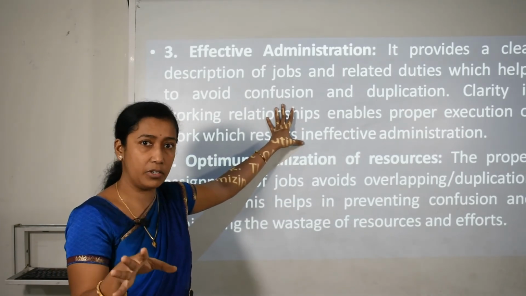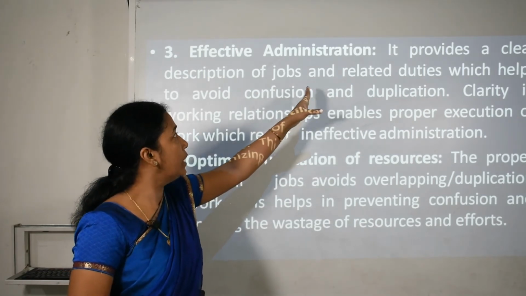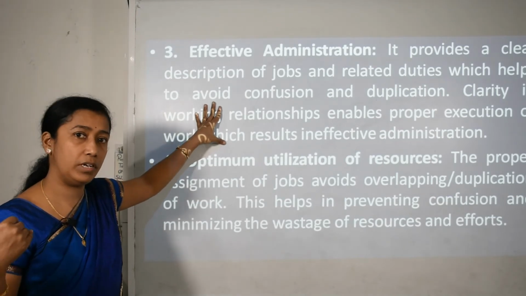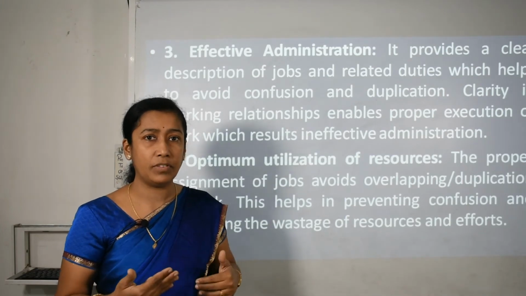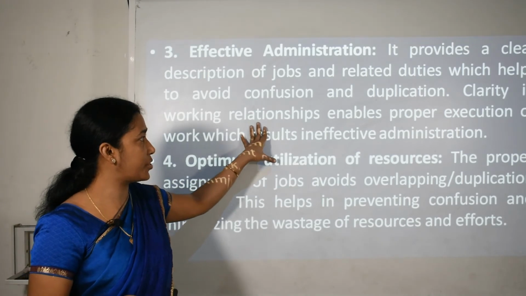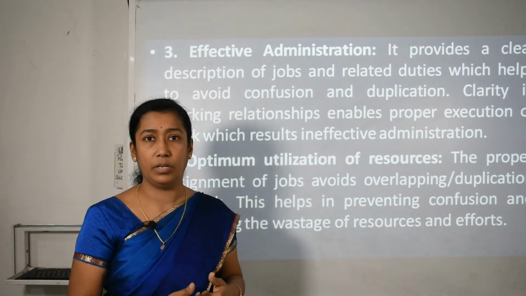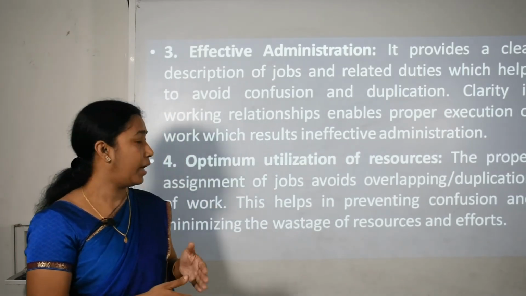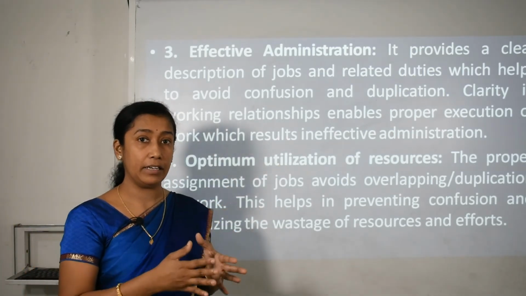individual's job is very clear to him, what kind of work he needs to do and the assignment of his duties and related duties, which helps to avoid confusion, and because of which there will not be any confusion and duplication of the work. Now here duplication means repetitive tasks will not be given to each one. So there is clarity in working relationship, which enables proper execution of work, which results in effective administration. Proper execution of work can be done. Why? Because the work is not repetitive and it is provided specifically to a particular person, and which results in effective